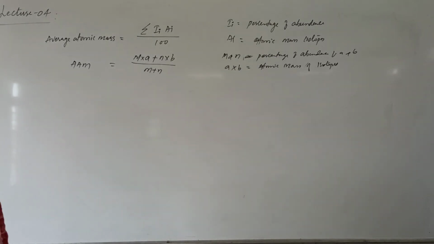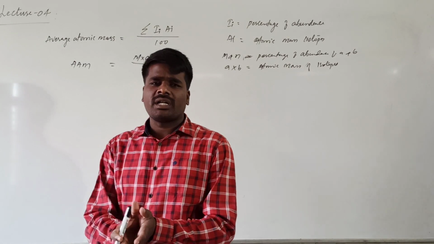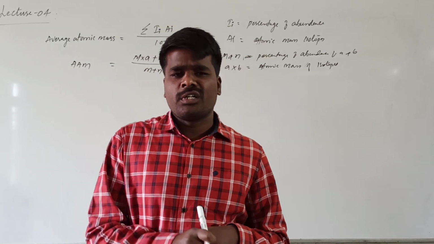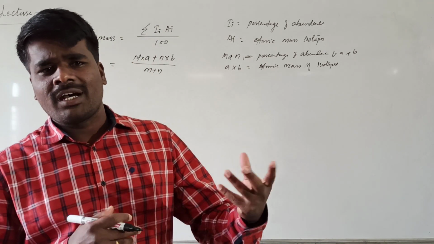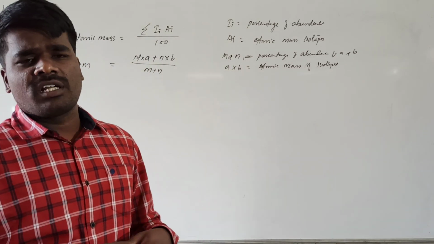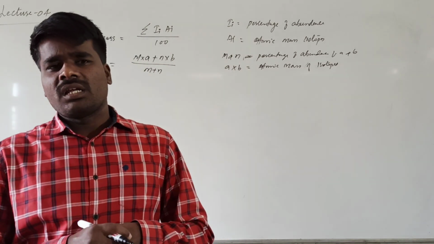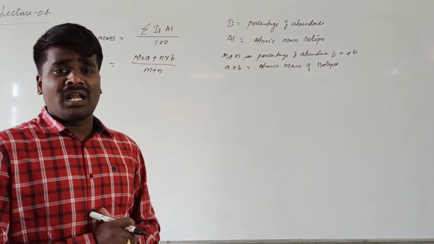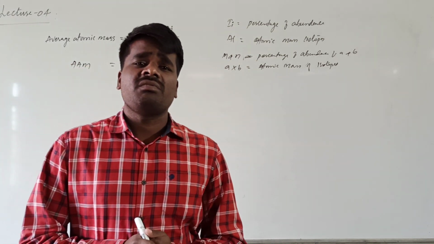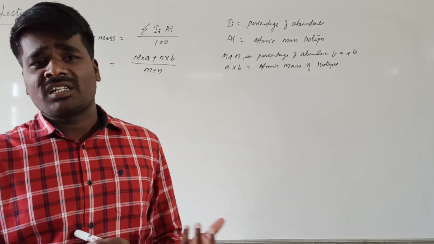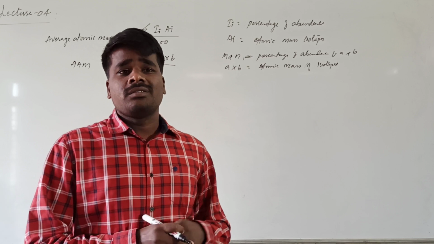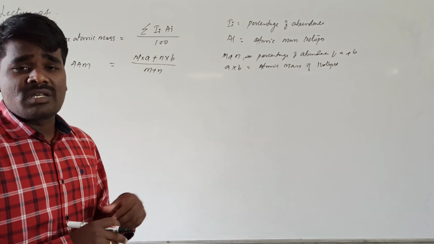The type of questions that you get in the examination regarding this average atomic mass is that generally you may be given percentage abundance of isotopes as well as their atomic masses, and asked to calculate the average atomic mass. That we have seen in the last class, the calculation for boron as well as chlorine. Another way of asking questions is that sometimes, by giving atomic masses of isotopes as well as average atomic mass, you may be asked to calculate the percentage abundance of each isotope, right?